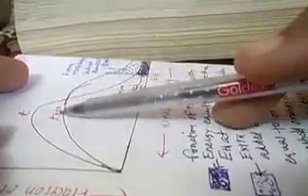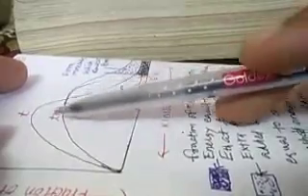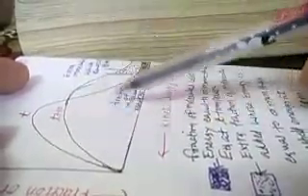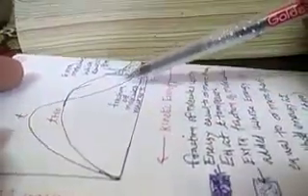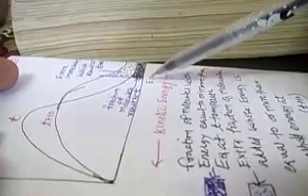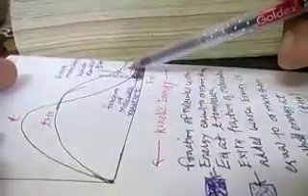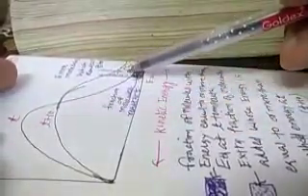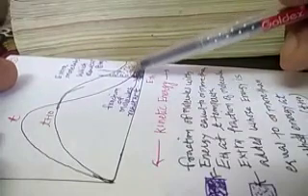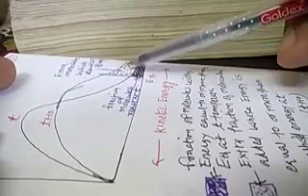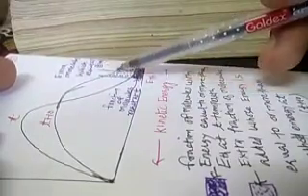We increase the temperature by 10 degrees, so the new temperature is T plus 10. So the kinetic energy of many molecules increases. So the number of molecules possessing energy greater than or equal to the threshold energy increases by increasing the temperature by 10, and that is why the additional molecules possessing kinetic energy more than or equal to the threshold energy are shown here by the dotted region.